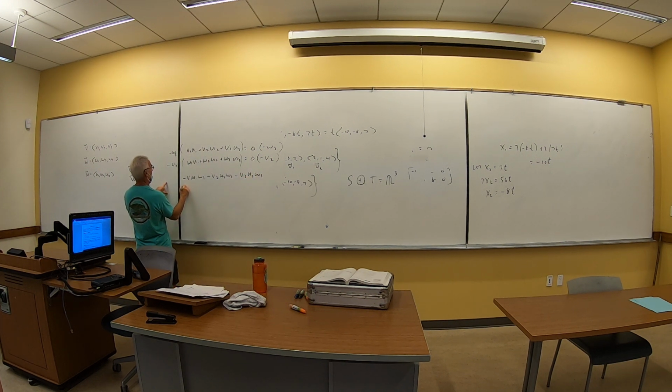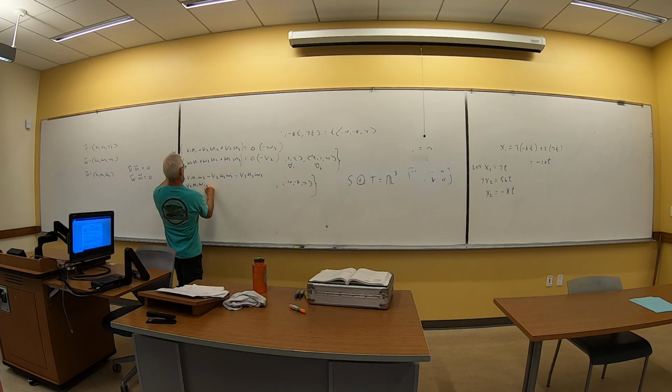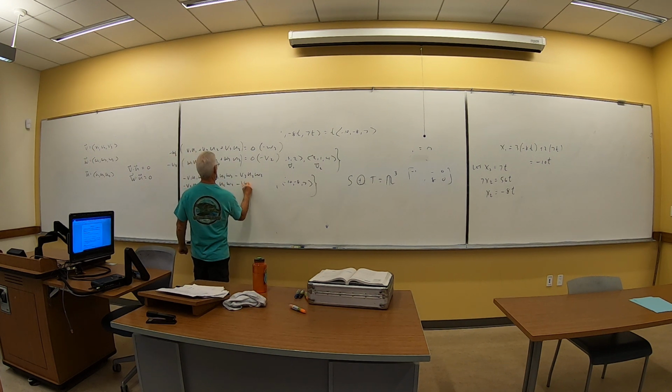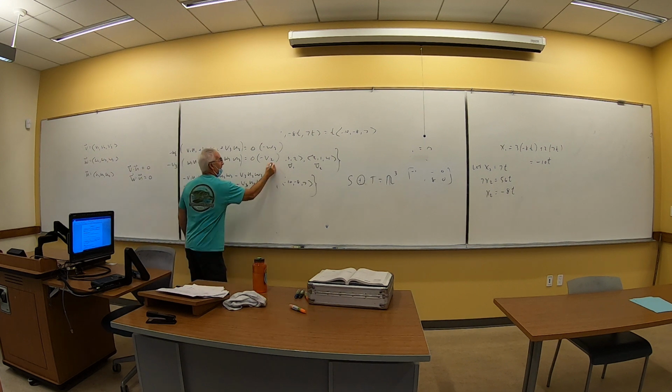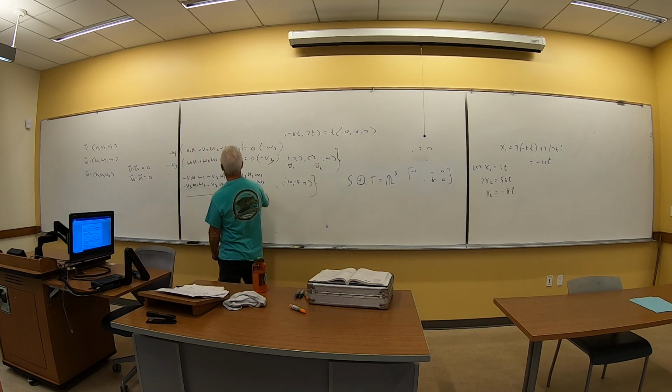And then I'm going to put here negative v2 u1 w1, and then negative v2 u2 w2, and then negative v2 u3 w3. Oh, you know, these should be 3's, my bad. I can't read my own writing. There we go. And then when I add them together,